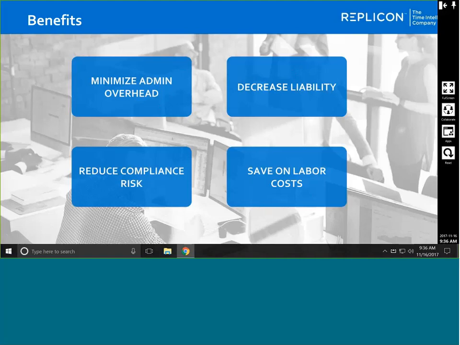So the increased visibility made it easier to check in on current and future liability, and this ensures that it doesn't pile up and you can keep your costs low. And that's actually one of the reasons that People Trust even signed up with us in the first place. The near elimination of errors due to manual input. This will ensure that all time off is accurate, reducing the compliance risk significantly.